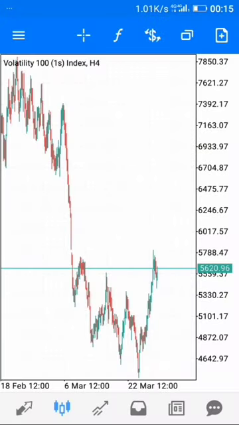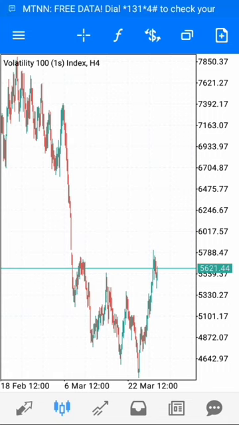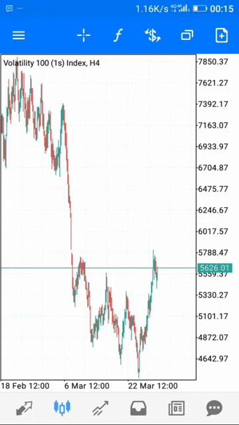Now let's get into the business of today. Why is it important? Why must we know the trend of the market? Well, it is important that we know and identify the trends in the financial market because you want to be profitable. And for you to be profitable, you must trade with the trends and not against the trends. And don't forget the saying in the financial market that trend is your friend. Indeed, trend is your friend.